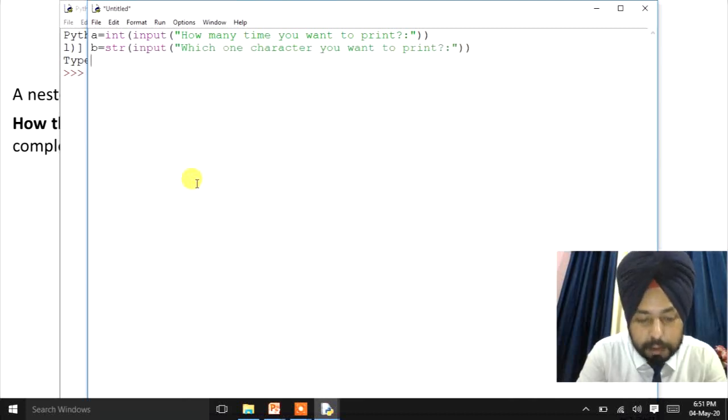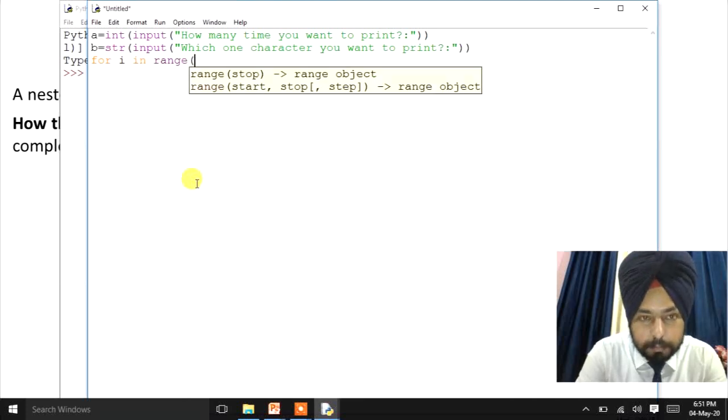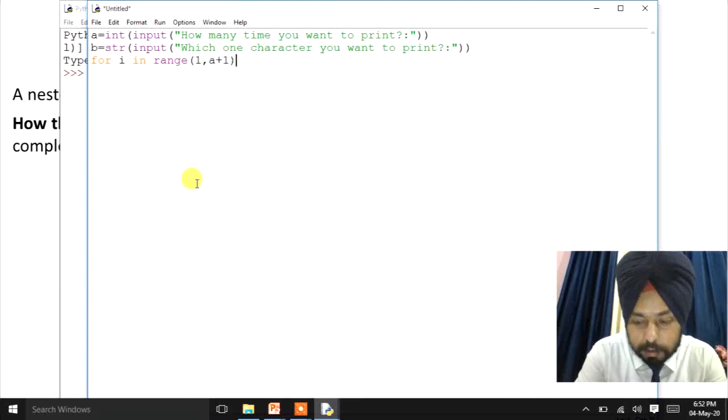Now we'll use a for loop here. For i in range, now 1 comma a plus 1, right? This is the condition. Then we'll use again here a for loop.